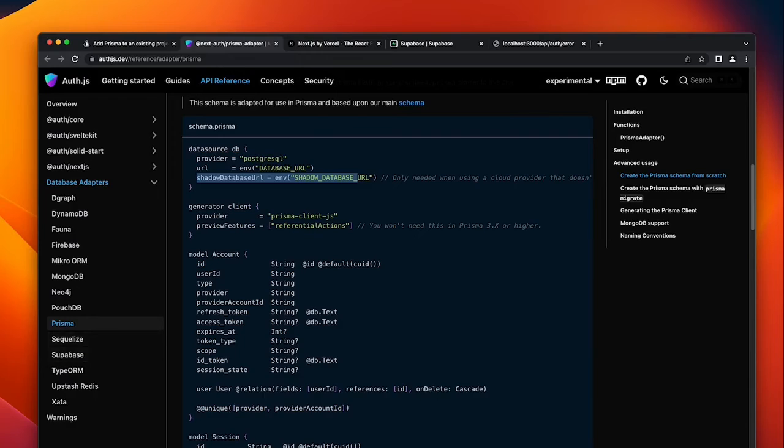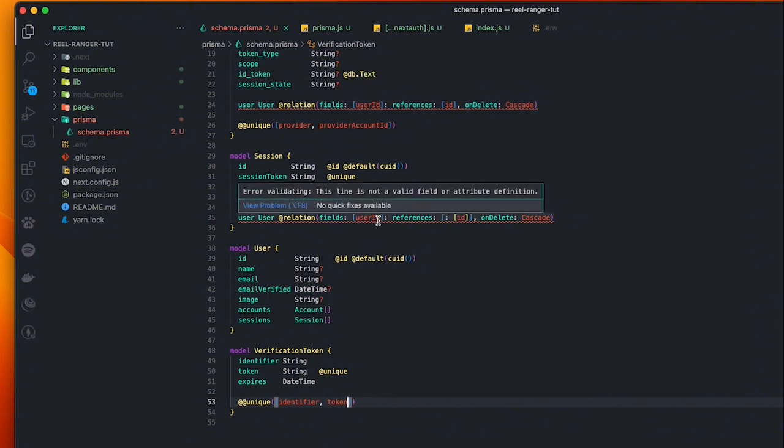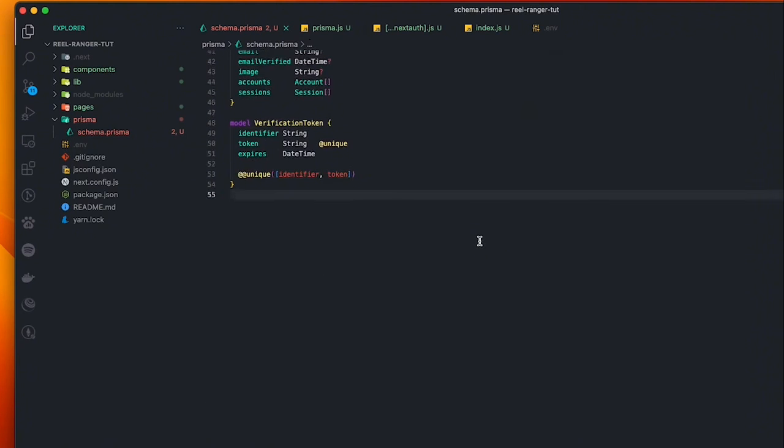Okay, so let's head back here, and we're going to create the watchlist model, which is going to hold the necessary data of a single watchlist, and we're going to pass it to the user model. So let's get straight into that. Down here, it's going to be the last one. I'm going to say model